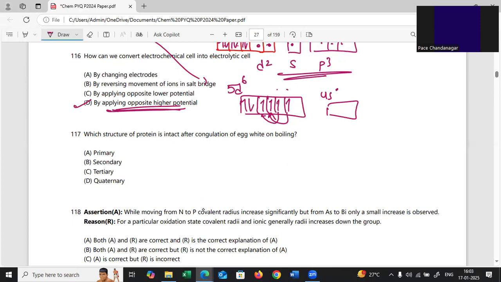Remember that option D. Which structure of protein is intact after coagulation of egg white on boiling? So it is primary protein. Denaturation of protein will cause the structural change in secondary and tertiary proteins, but the primary protein remains intact. After coagulation, primary protein is intact. Remember this, primary intact. There is no change observed there. Next,